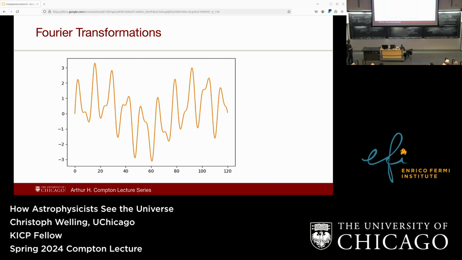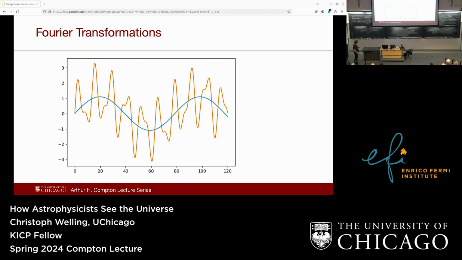If you want to figure out which wavelengths these are, and I pretend I don't know the answer, I would say it looks like there's a wave in here that looks like this, right? You can see it going up here, then down, and again. So if this wave is actually one of those that I added up, then where this blue wave is large, the orange signal should also be large. And where it's negative, it should also be negative most of the time.